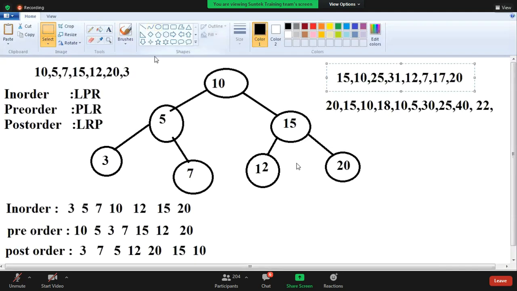Okay, 15, 12, these elements I want to draw. Harish Kumar, we check whether they are correct or not.